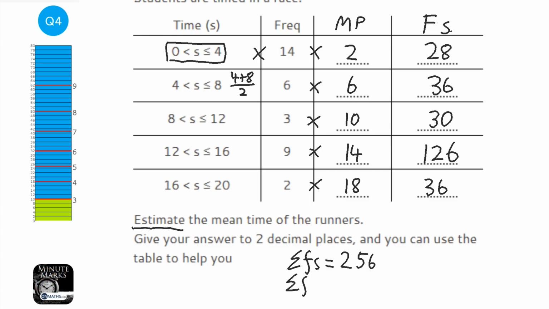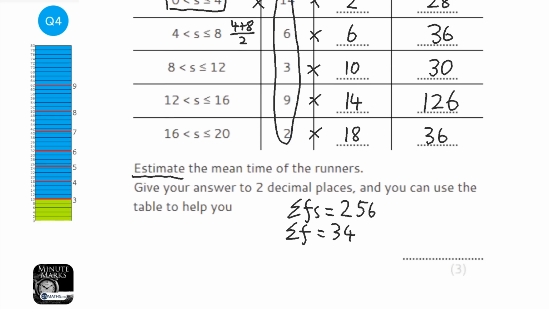And then we're going to sum up the frequencies, which is this column here. So 14 plus 6 plus 3 plus 9 plus 2, which is 34. And then what we're going to do is get the 256, which is all our values added together, and divide it by 34. So 256 divided by 34. And I get the answer of 7.5294 blah blah blah. And to 2 decimal places that's going to be